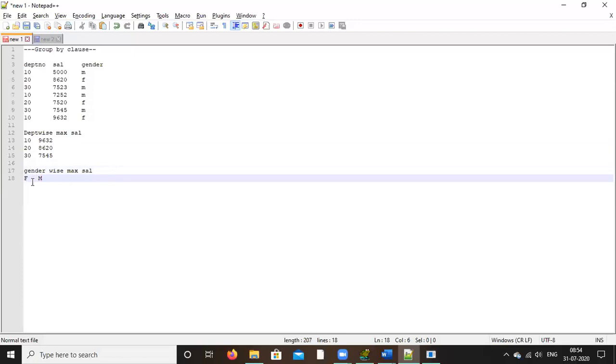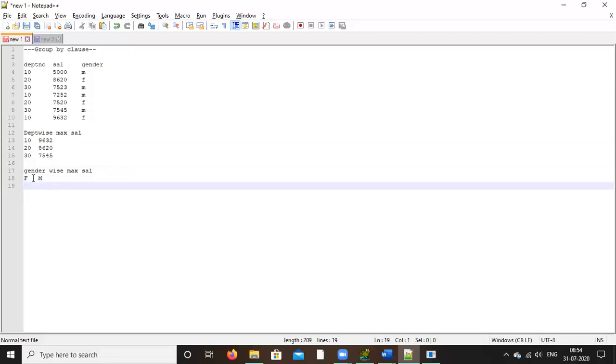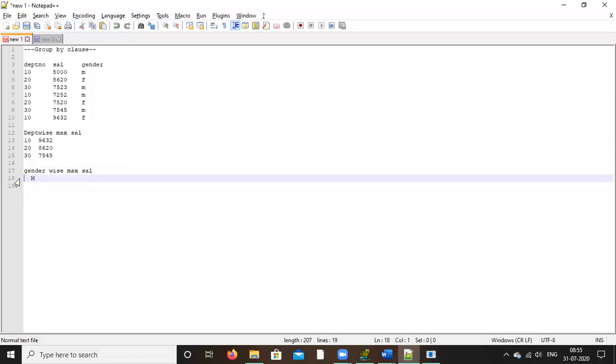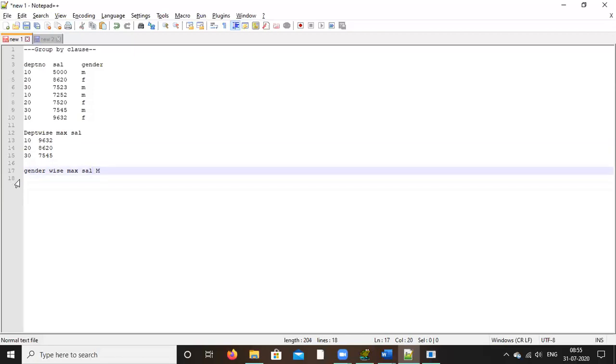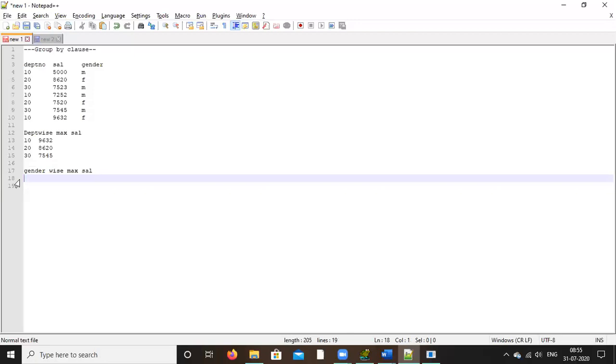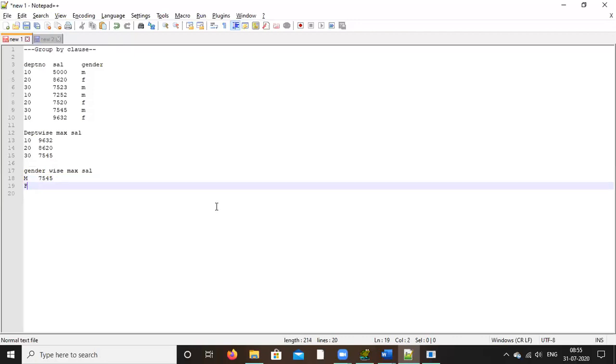So we have two items, only M and F. First write M. What is the maximum for M? 7545. Now for F, 9632.